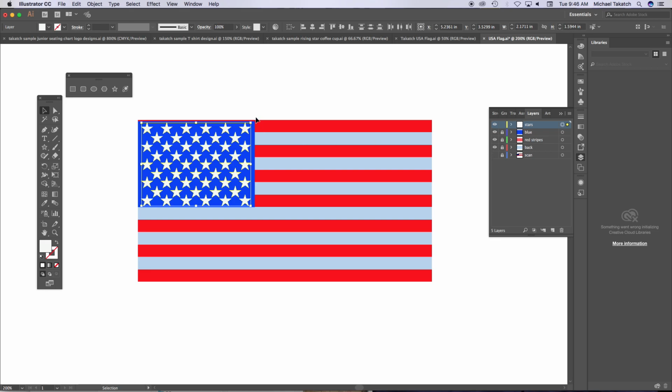Now you can see I was a little off on my stars parts here, so I can unlock all of these and just click on the blue and just extend it a little bit to fit. So see if you can